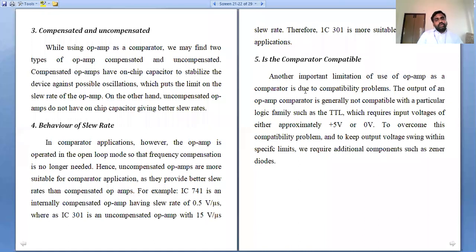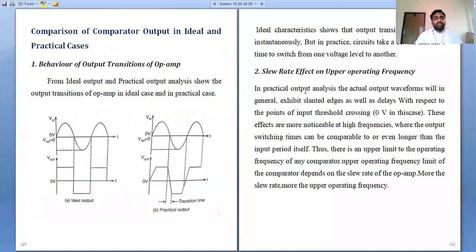So in order to make our operating comparator more compatible, we have to use a Zener diode. So this is the comparison of the comparator's behavior in ideal cases as well as